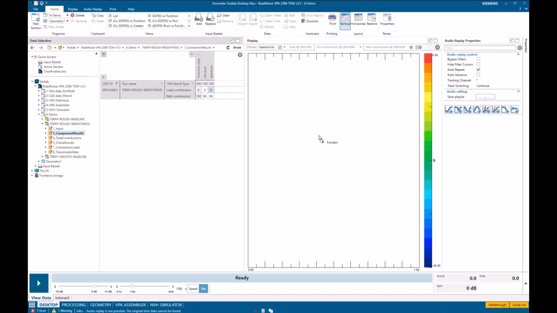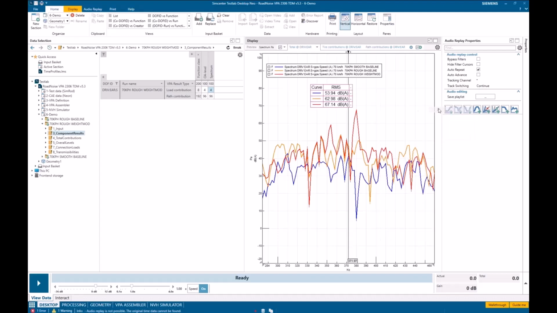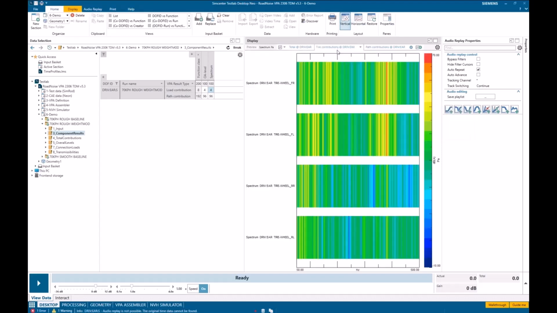for this assembly. And so what is this? What are these 4 loads, right? We had 4 tires. Those are the 4 sources for our load. What this result is showing is that at the driver's ear, here's the contribution from the front right, the front left, the rear right, and the rear left tires. And if I go back here and say, what frequency was that at? Okay, it's about 380 hertz. I'm guessing that's right at this big red line, and it is.